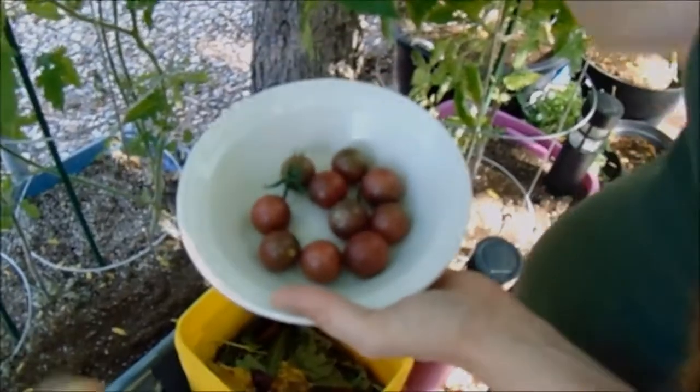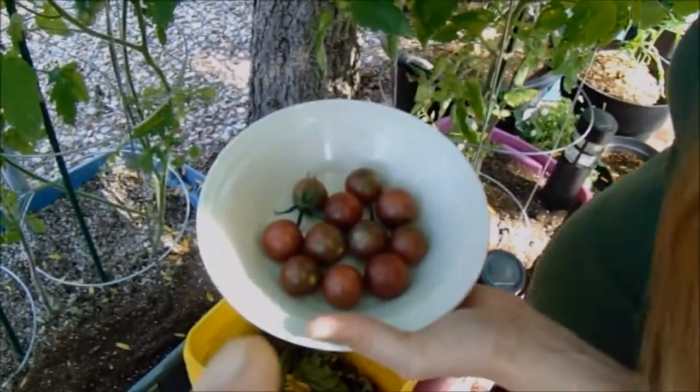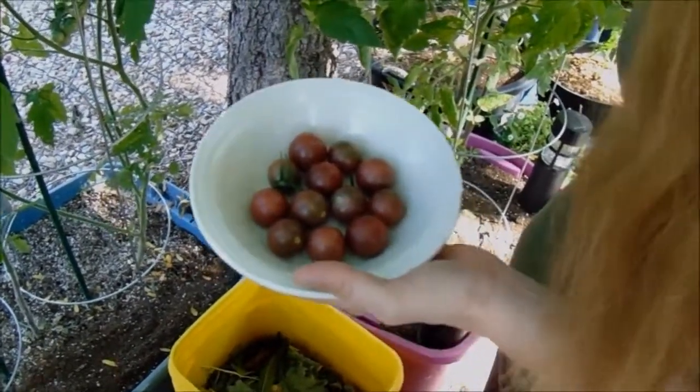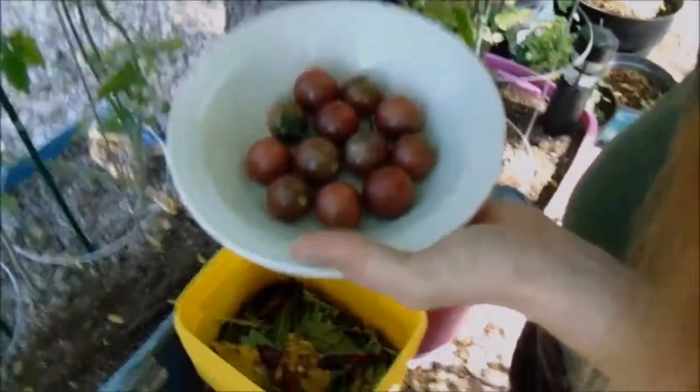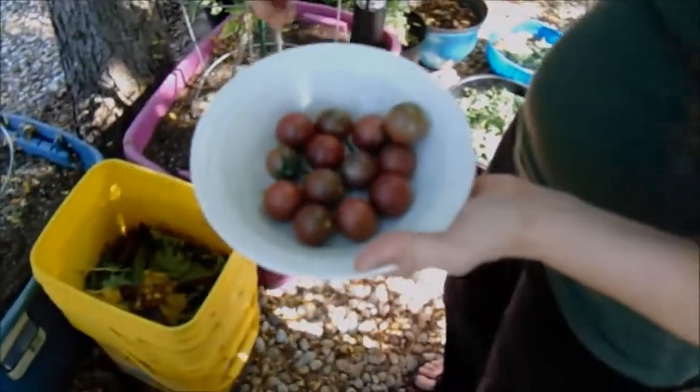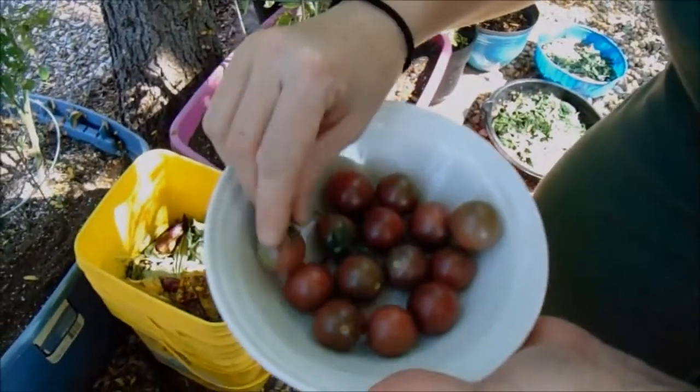But as the cherry style tomatoes, the reason we grew the blue cream cherry tomato this year was in order to test it up against this one. We're always trying to find contenders to go against our favorites to see what we like. The black cherry tomato is so good. We tried it several years ago as a recommendation and a gift of seeds from a friend. And ever since we started growing in our yard, we almost gave up on the cherry style tomatoes because we just don't like having